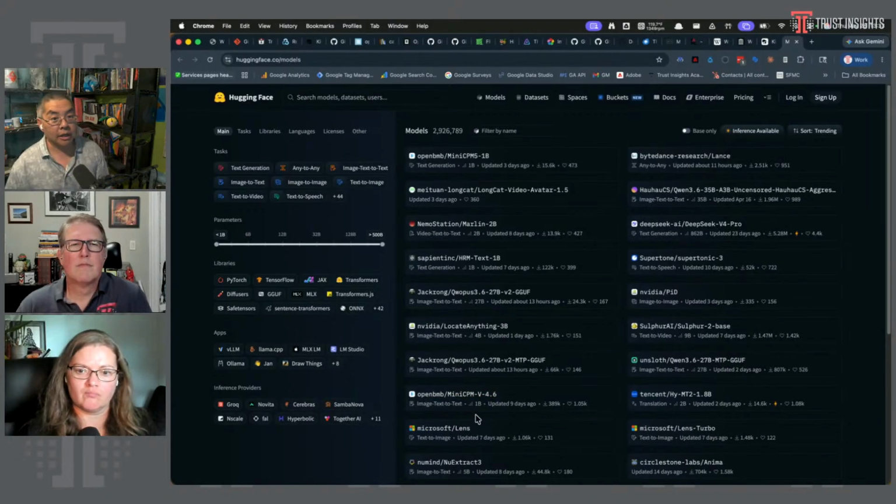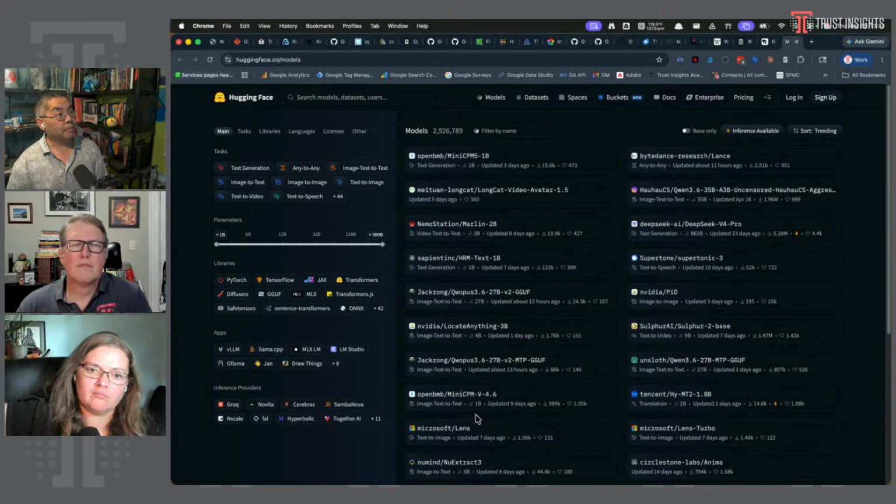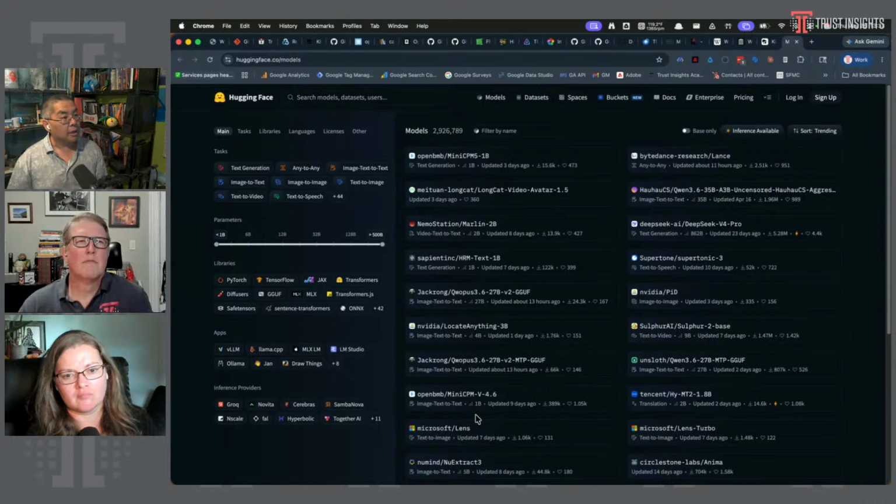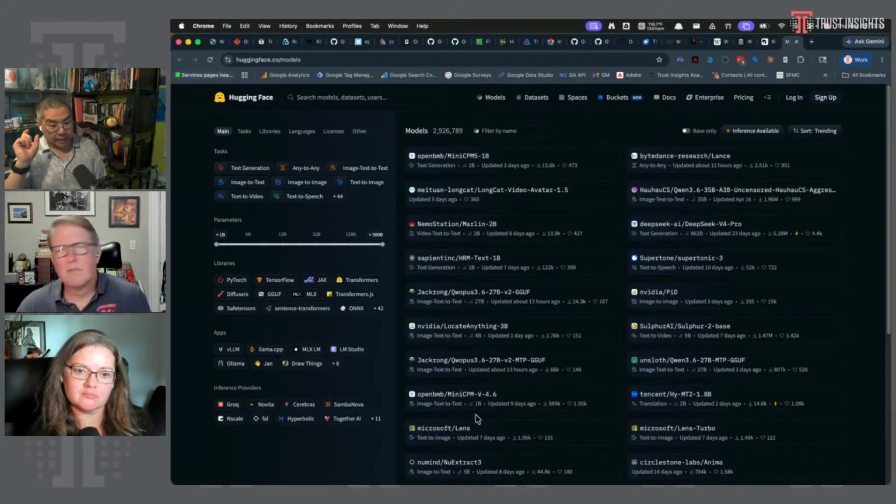All of the ones that are Hugging Face, you can download. You can install on your computer. So we talked about OpenCode earlier and Ollama. This is where a lot of those models will come from. There's models for pretty much anything that you could ever want to do: image recognition, audio, video generation, music generation, OCR. The key thing to remember here is that once you download it, it's yours.